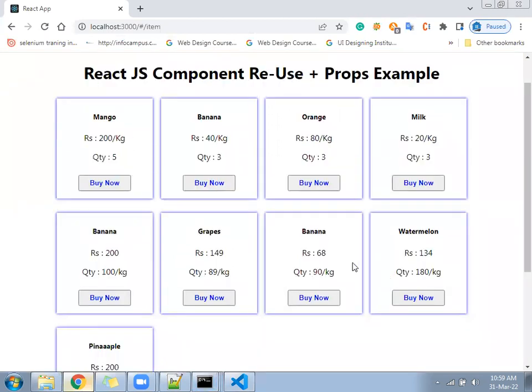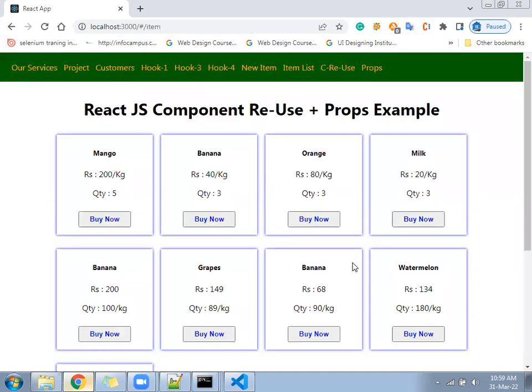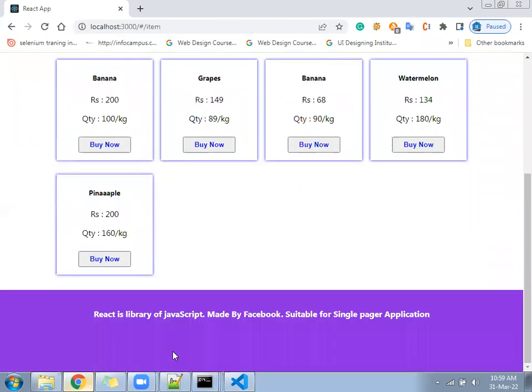So it is happening based on properties and the map method.